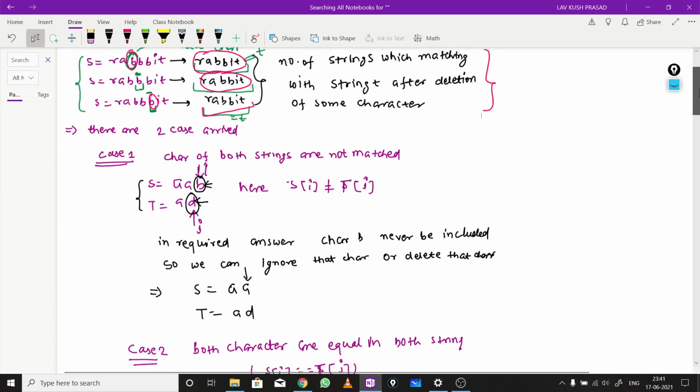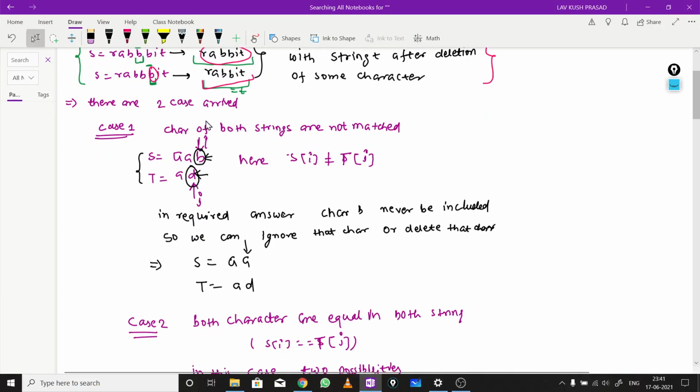The condition is if both characters are not matched. It may happen, like in this case a a b and a d, and if our pointer lies at b and d, then it is not equal. It means our answer will never be equal.